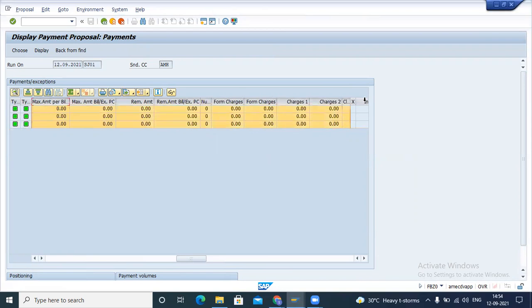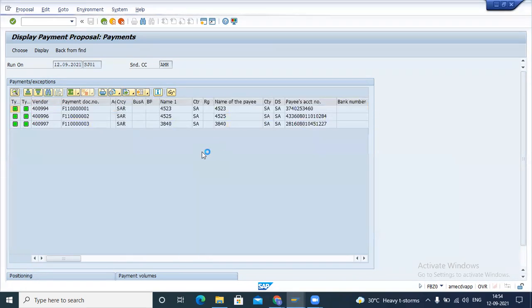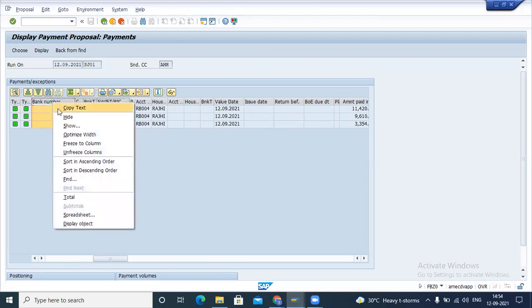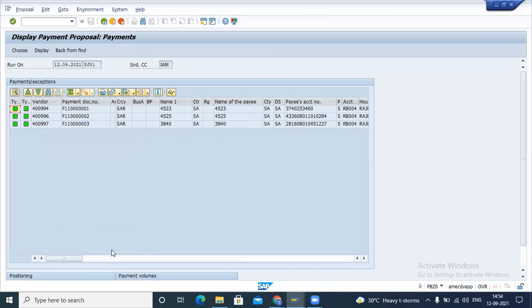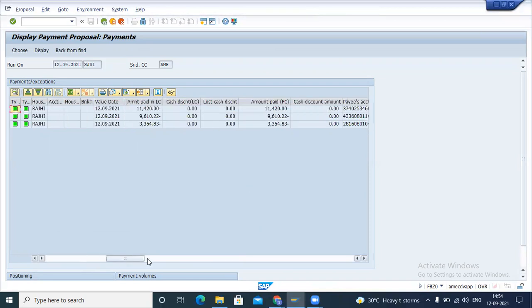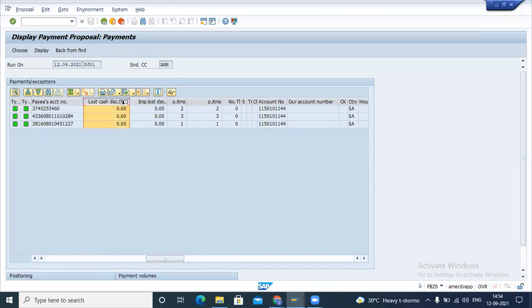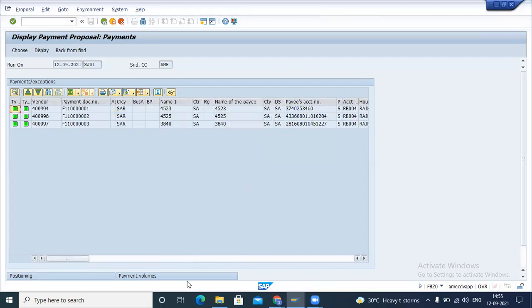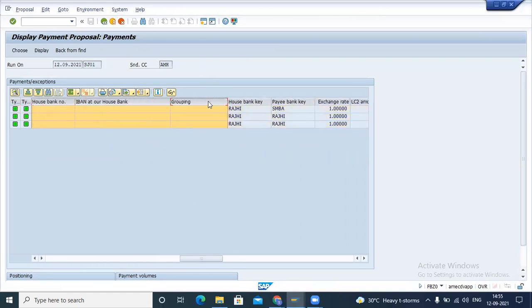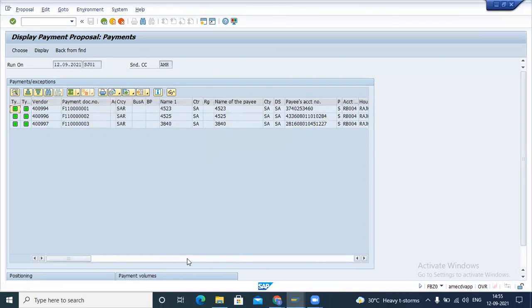We can remove all these columns, we can hide all the irrelevant columns, and our account number is also coming.